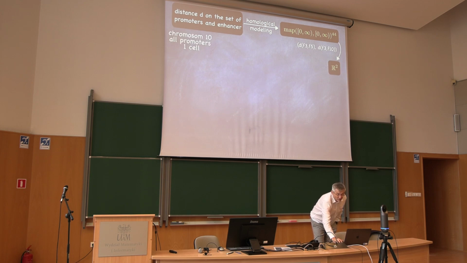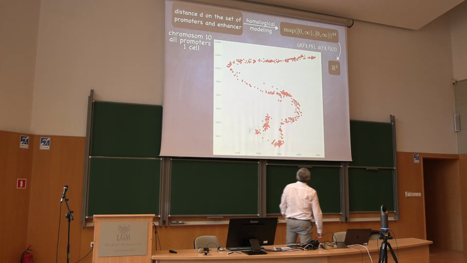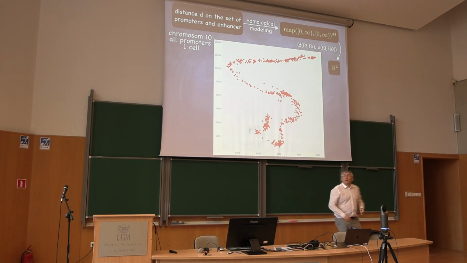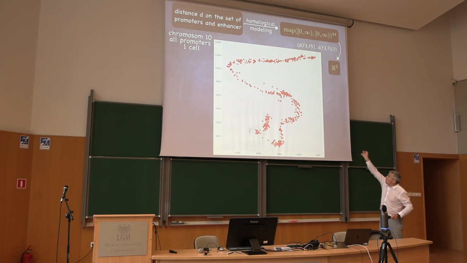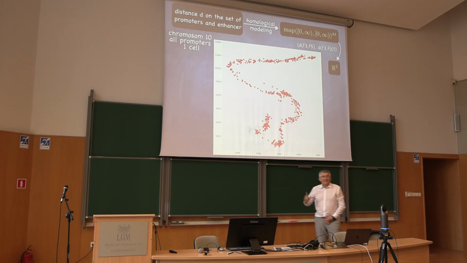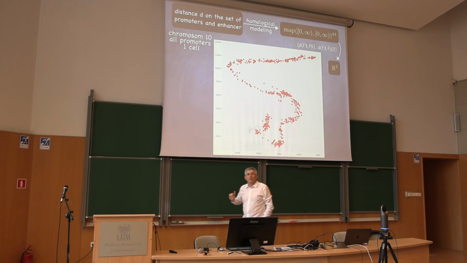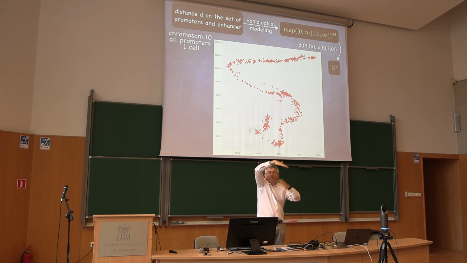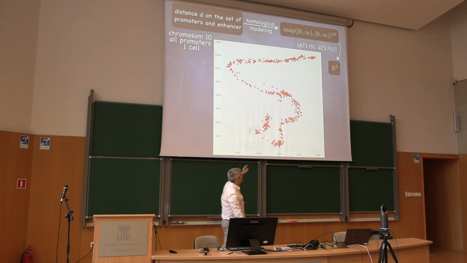So let's look at this dimensionality reduction, and you can see that the space of promoters has some geometry. Now, I've done a lot of these pictures of this modeling, and you very rarely get pictures that show some geometry. It will be like a blob, or maybe things lying on the diagonal because these functions are strongly correlated. It's very rarely, it happens once in a while, so that means that it does.